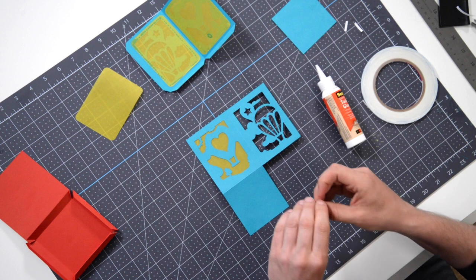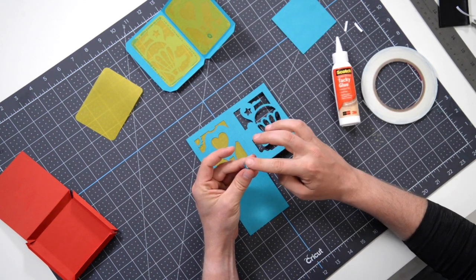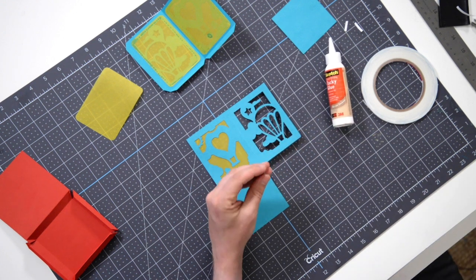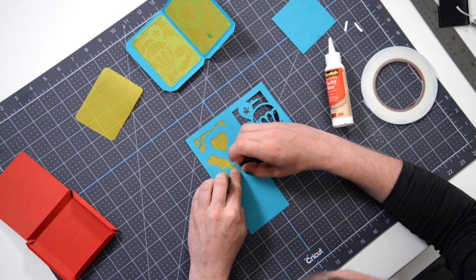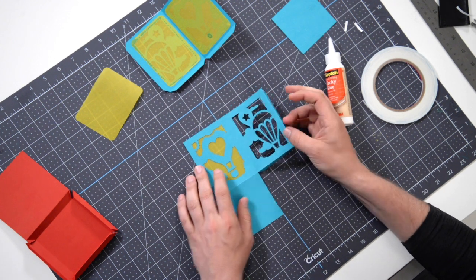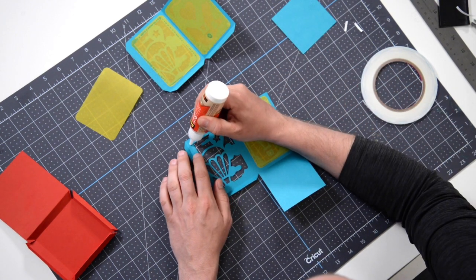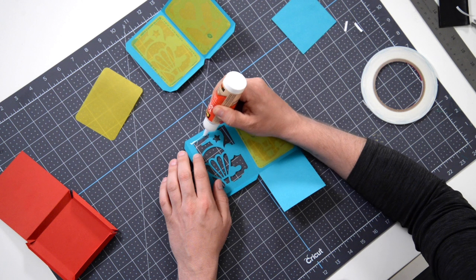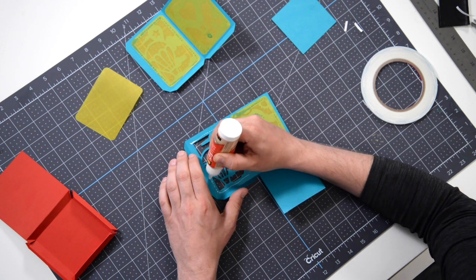And again, on this one here, we've got that one little piece there that we need to put in place. Okay. And just pop that right in there. Like that. And that just leaves one more piece of vellum. Now I've already pre-folded my piece so that I can get it ready